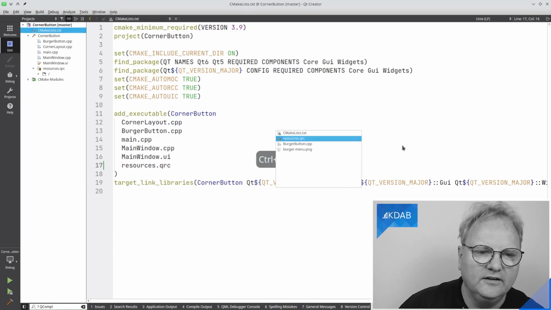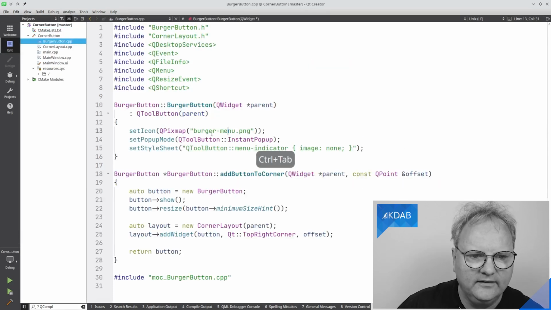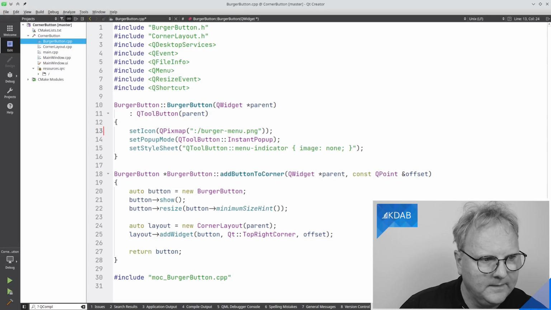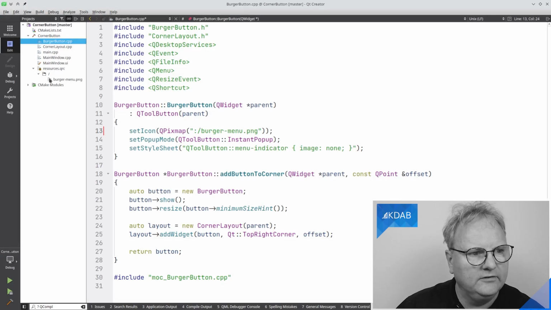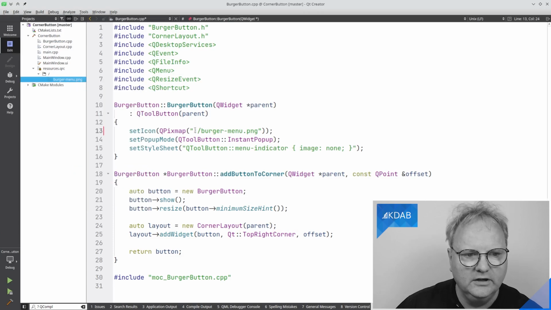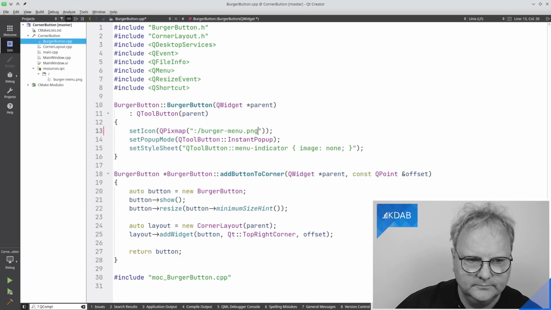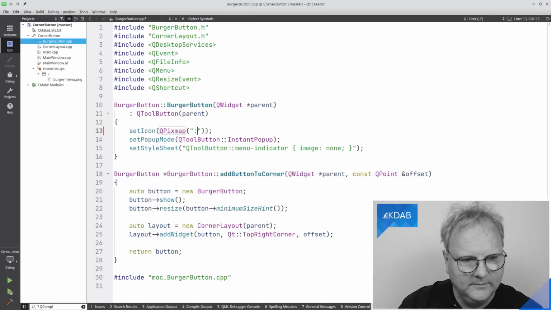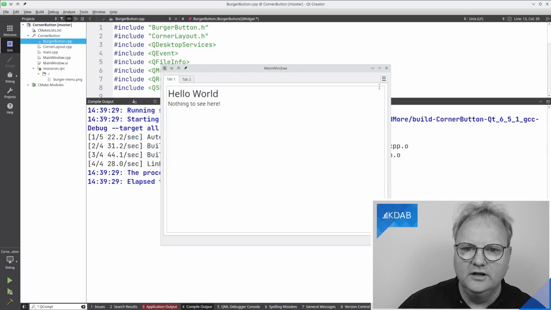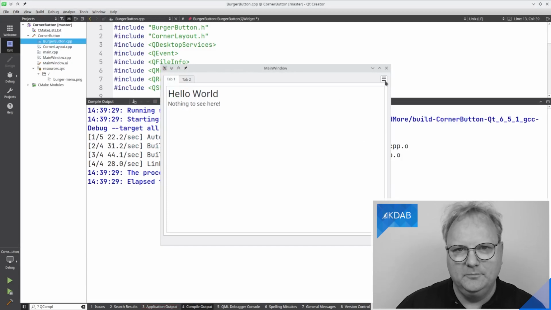One change is needed for this to work. I need to go over here, and instead of loading burger menu.png, I need to load :/burger menu.png. And you can see the name actually from here, and if I was slightly unsure about what was the right name, right click on it, and there is a copy path, :/burger menu.png. So I can paste exactly the same. Very convincing that I'm now pasting the same, isn't it? And now when I run the application, my burger menu is back.